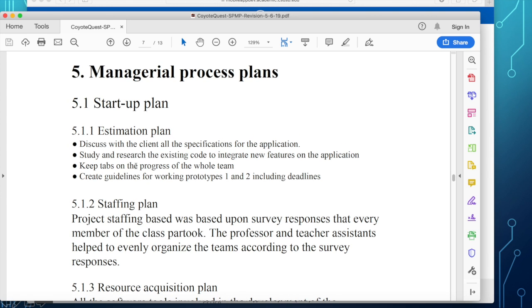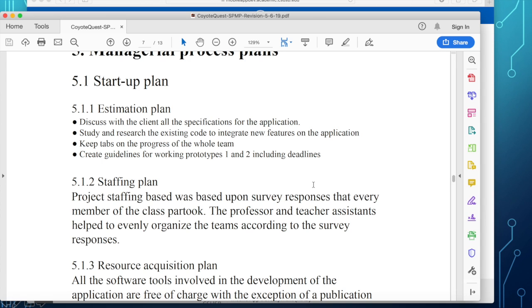The estimation plan here is focusing on the client specification, studying and researching existing code, keeping tab on progress, and creating guidelines for working prototypes 1 and 2, including deadlines. The estimation plan here actually refers to the delivery of the first and second iteration.